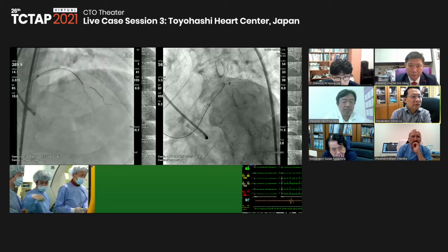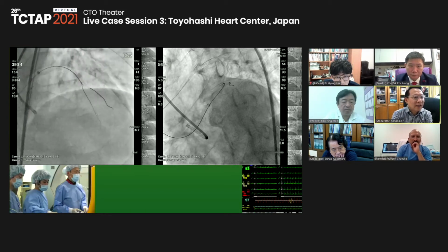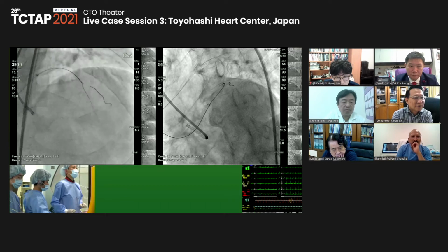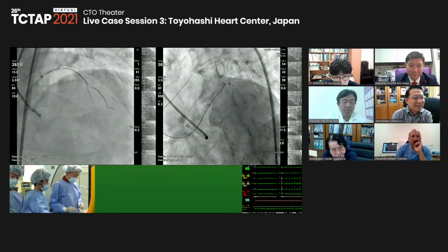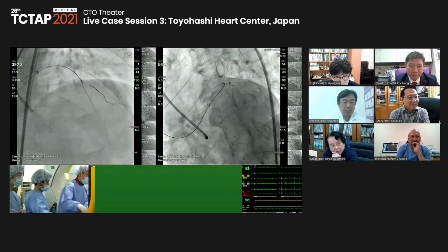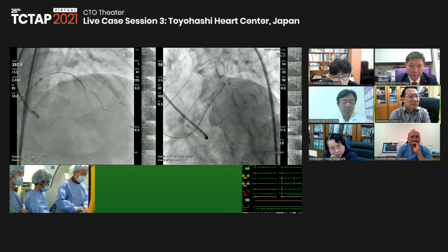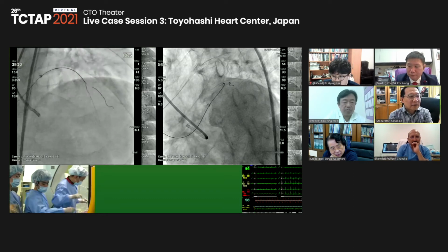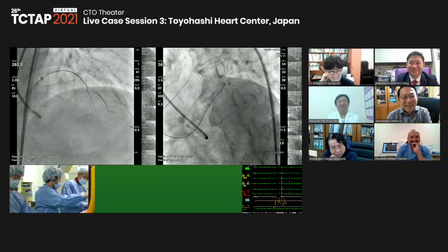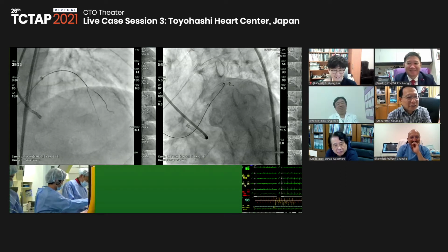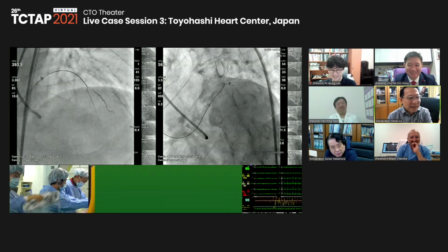Would you do a retrograde injection now and see where we are? Yes, maybe we don't need to do retrograde injection. Antegrade injection is better. So after removing the DLC, I will check the angio. You're making it look too easy, we have 1 hour. One hour is too short for the CTO intervention, right? Do we have another case? Stand by.